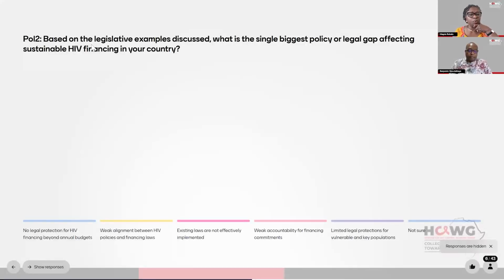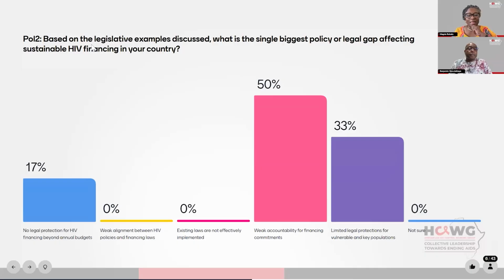The poll number 2 was based on the legislative examples discussed. What's the single biggest policy or legal gap affecting sustainable HIV financing in your country? Let's see what comes out of that. The best rated answer is weak accountability for financing commitments, followed by limited legal protections for vulnerable and key populations. And this is dynamic, it's changing along. Let's move to